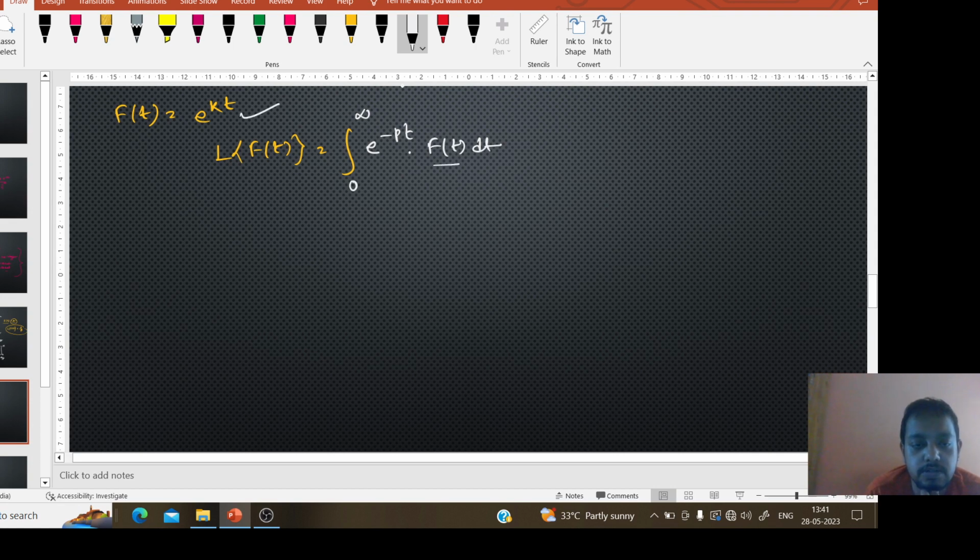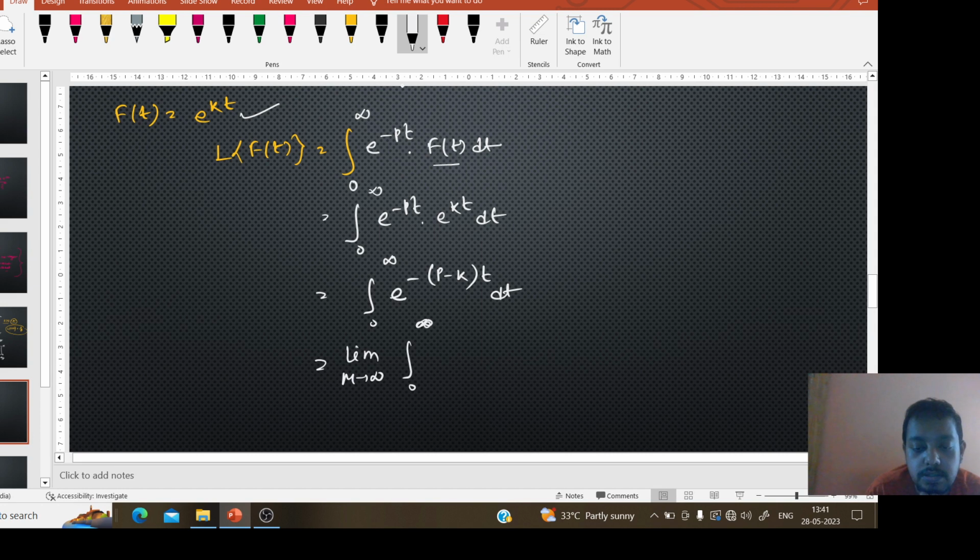Here f of t is equal to e to the power kt, so we can write it as the integral from 0 to infinity. Similarly, this is an improper integral, so we write the limit of the integral from 0 to m, and now if we integrate this, we can get